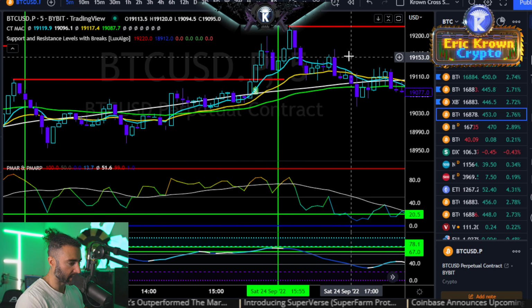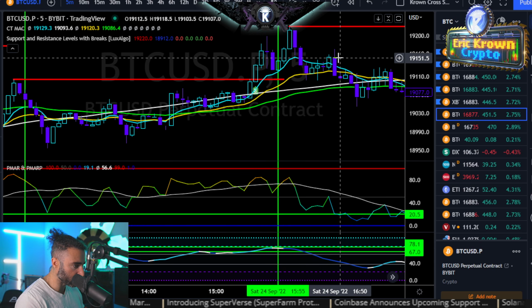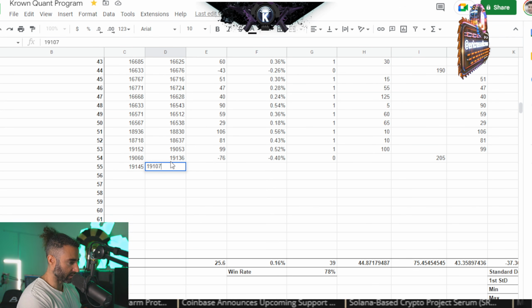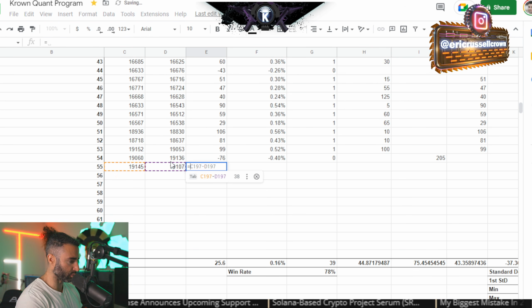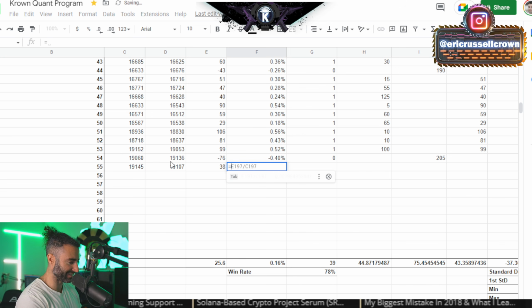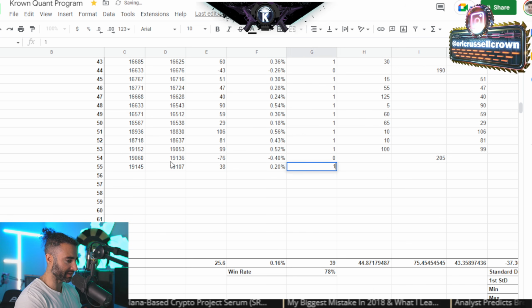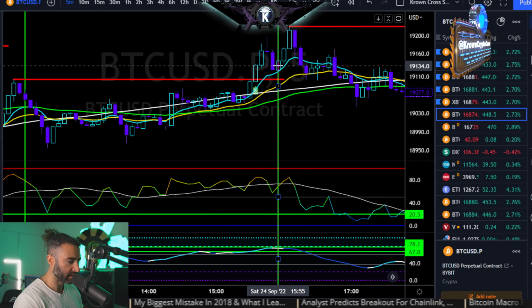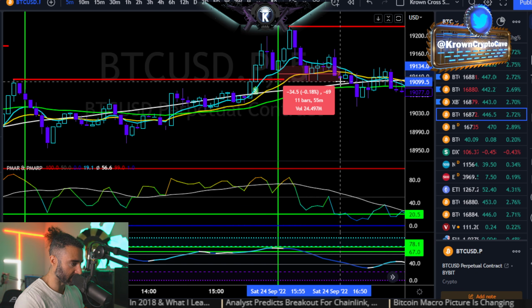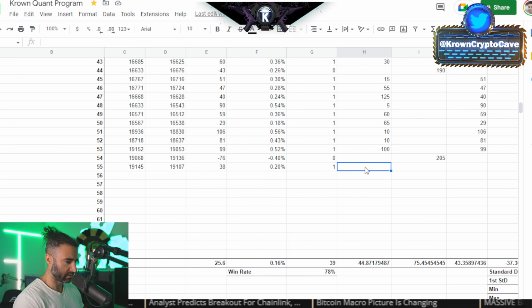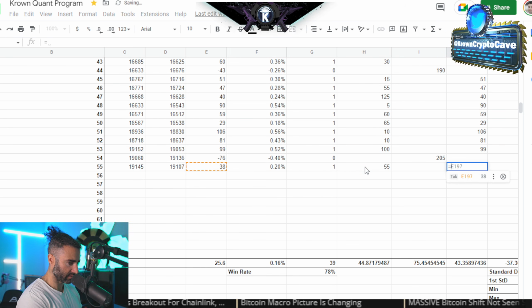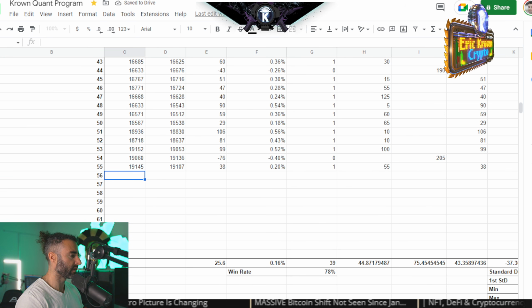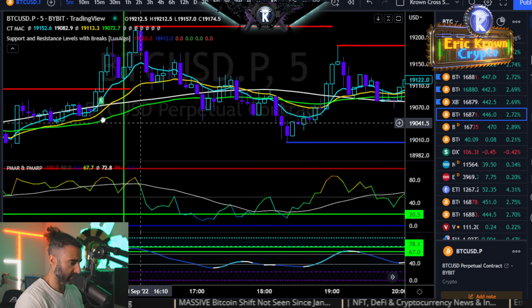Boom. Exit is going to be right here, 19107. Yeah, this is a lot more what the more recent data looks like, 38. It's not anything too sexy, unfortunately. But it's better than losing, of course, and it is a 5 minutes, so we can't expect massive riches from this. All right, so 55 minutes. Boom, boom. Lovely. Alrighty. On to the next one.